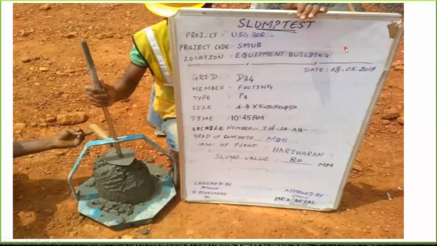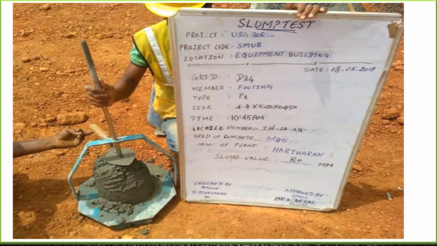Now, for example, let us say you're working at a site tomorrow, you got a job. Whenever concrete comes to the site, the very first test that you're supposed to do at the site is a slump test. Let us say if you become a quality control engineer at the site, you need to perform all these tests, and you should know the entire procedure of how it has to be done. So whatever we are learning here, the same thing we are going to put in the application form.